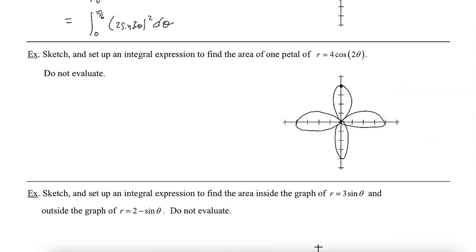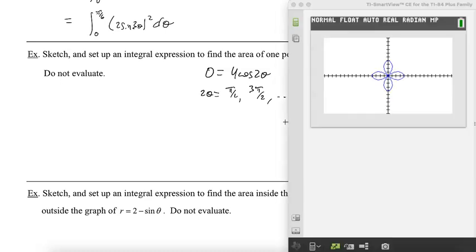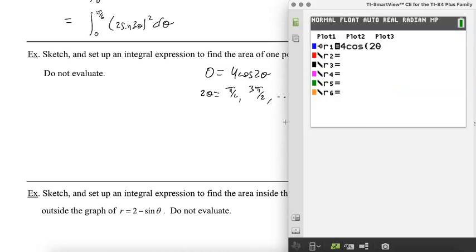Again, they'll either give you a graph or they will give you a calculator. Okay, so if I'm looking for one petal here, I'm going to solve for when r equals 0. So that will be when 2 theta is pi over 2, 3 pi over 2, and so forth. But that's really all that I needed. And notice it started at pi over 2. And if you watch your graph, I wish I could zoom in just a little bit. I don't know how to do it fast. Okay, but if you watch your graph,